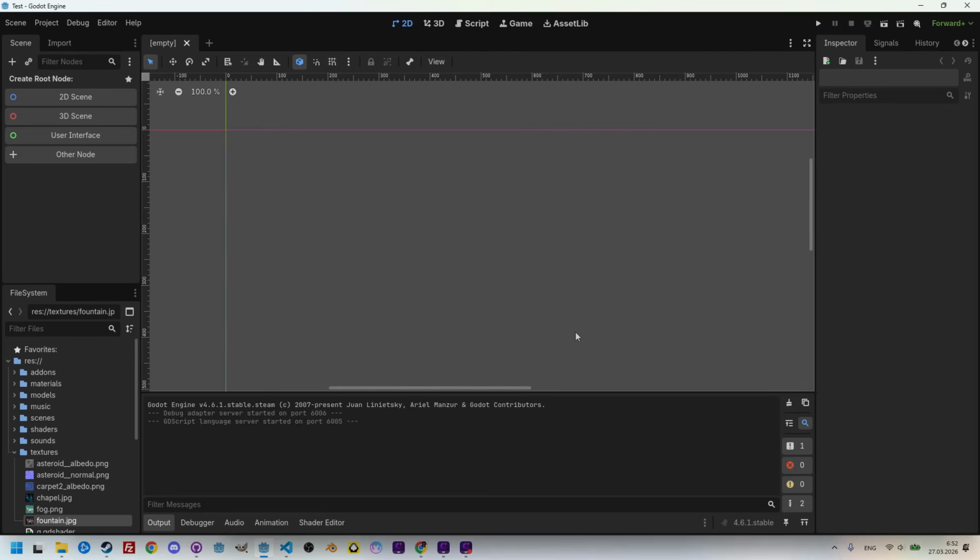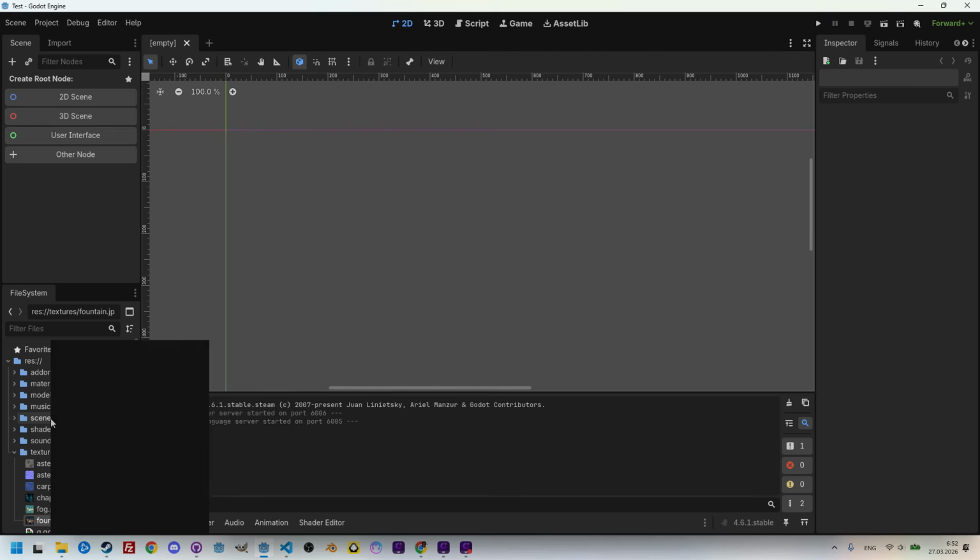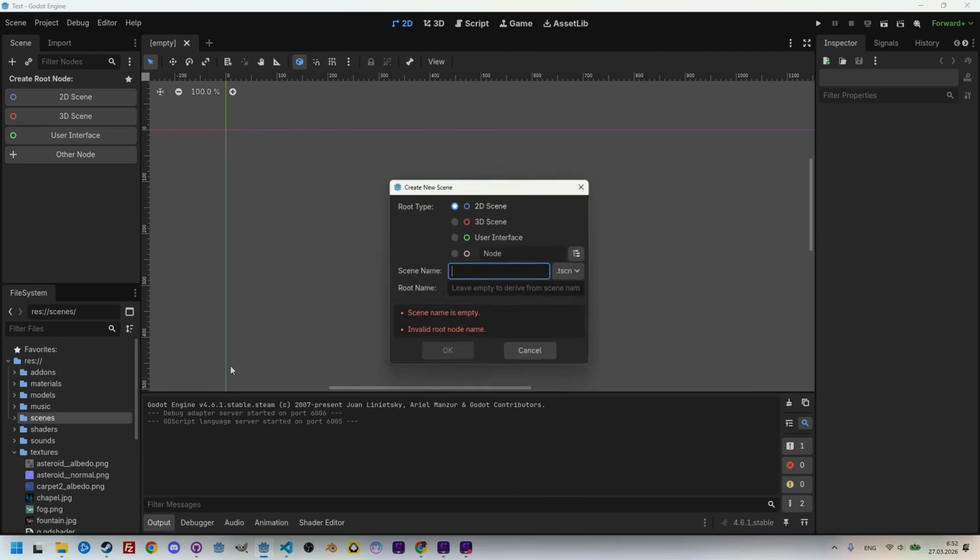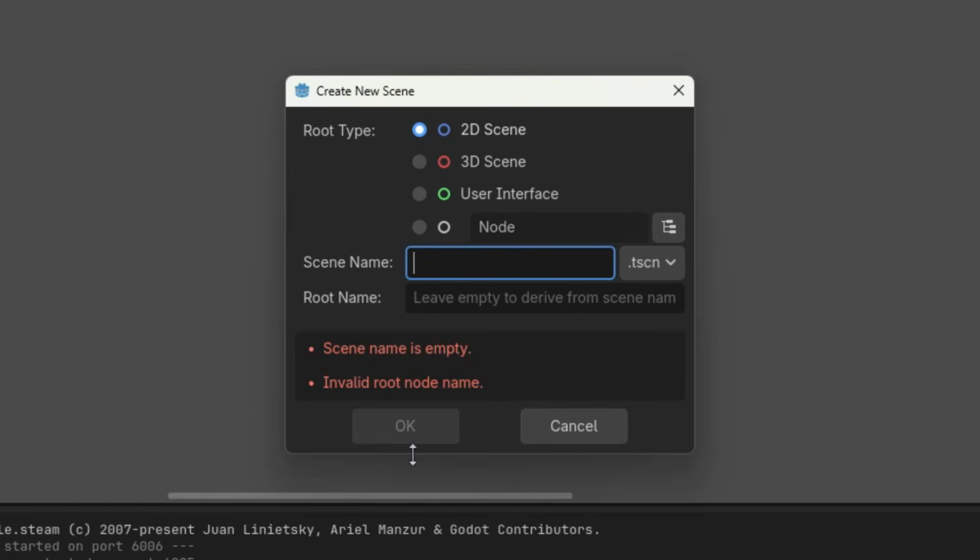Okay, let's start. This time it's not about any transition between scenes, so we can get by with a single background image. I'll create the usual scene with a Sprite2D node and then apply a new shader material to its material property. So right-clicking the scenes folder, create a new scene. It's a 2D scene and let's call it fluted